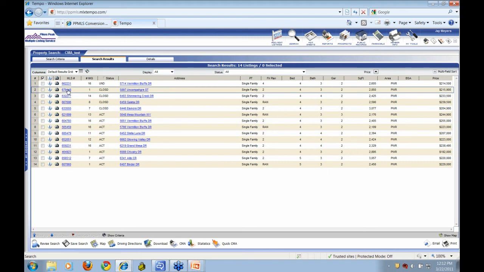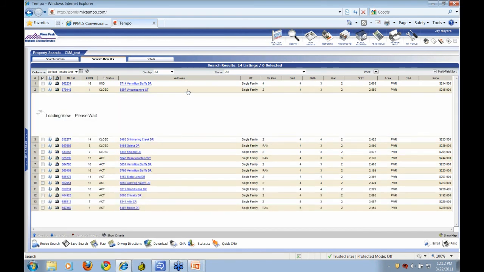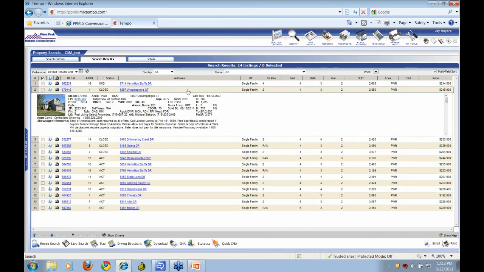Don't click on the MLS number because that will take you to the property detail page. So just click on a blank space on one of the lines, and that opens up a little brief view, if you will. That will show me the picture of the listing, and it'll give me some basic information that I can use to help me refine my selection for my comparable properties.